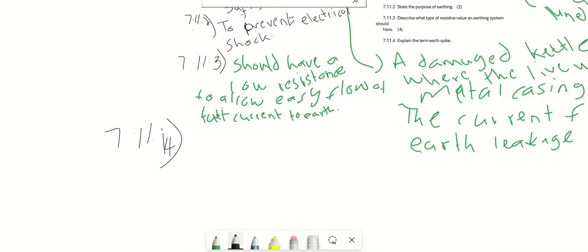Once you hear spike, it's something inside the ground. So an earth spike is a rod driven into the ground to improve grounding connection. In simple terms, you just put it the way it is.